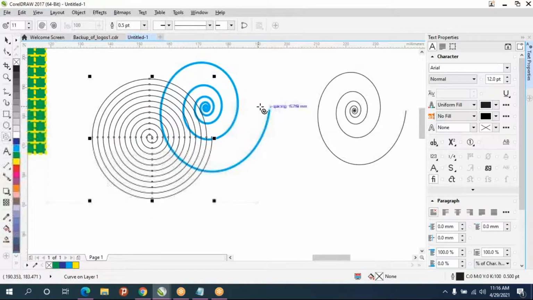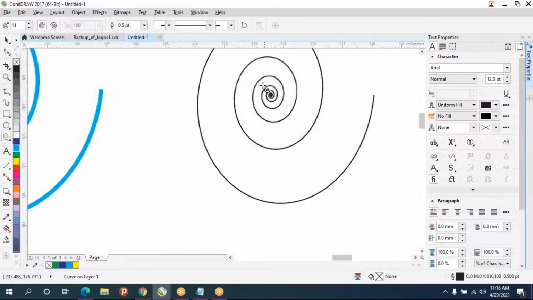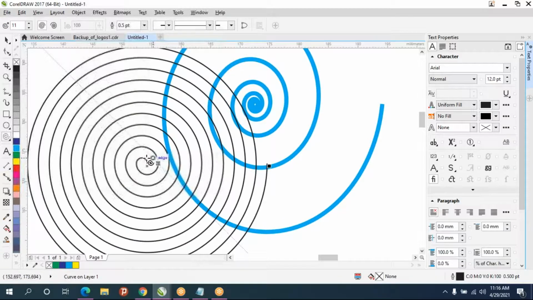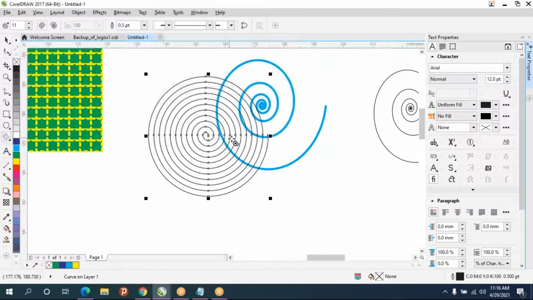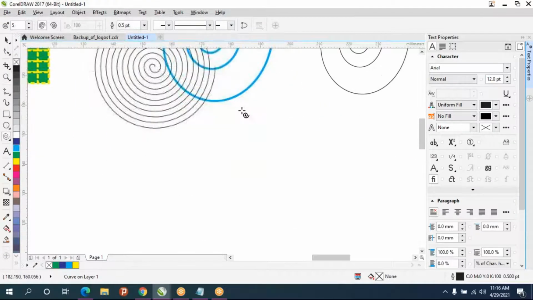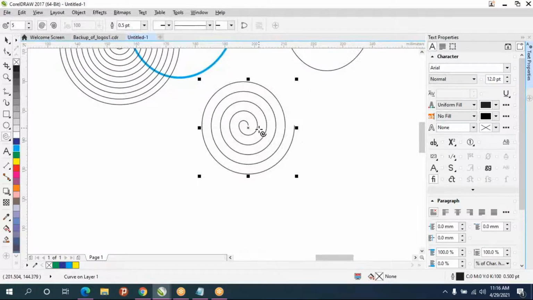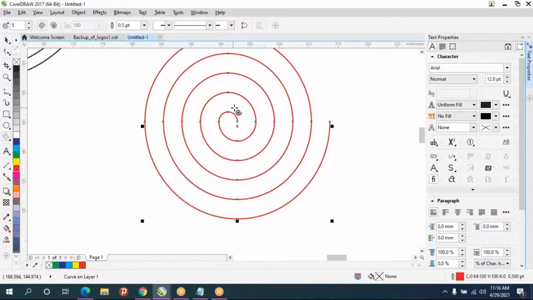so we have two types of spiral shapes. One goes from bigger to smaller with even space between each curve. That means from this to this it is equal, this to this is equal. But this one is like a step view. If you see a step, rounded steps, how it looks like that it will come. And you can't fill any color in this, only you can give outline color.